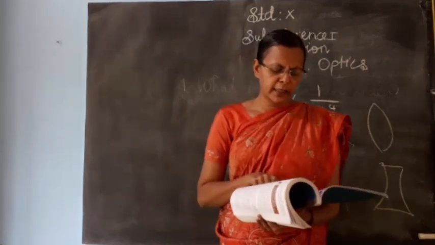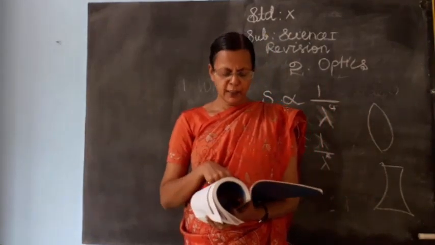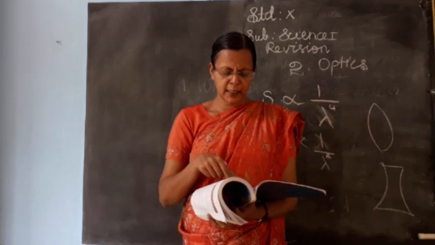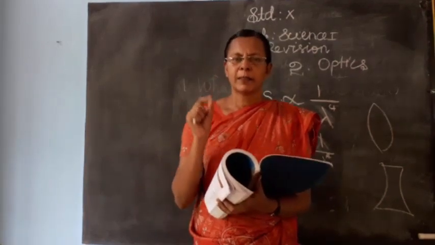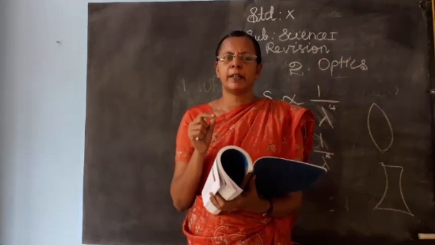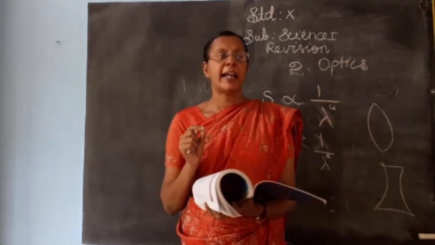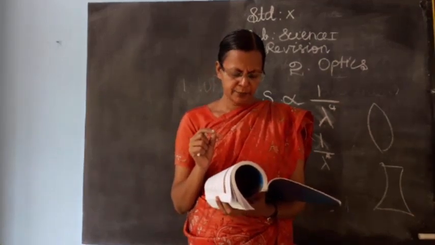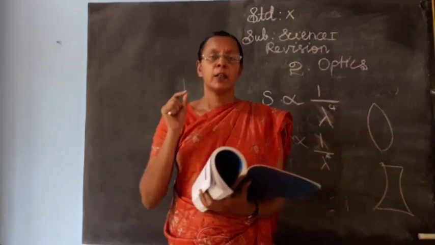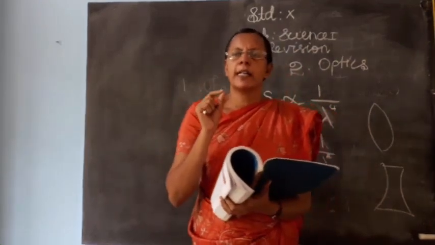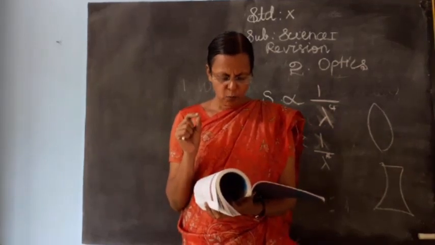Like that, next we have seen already the properties of light. In the properties of light, those points also we can see some important ones. If you have a pencil or pen in hand, you underline the important ones. Okay. The speed of light in vacuum or air is 3 into 10 power 8 m s power minus 1. The unit you have to look at clearly. 3 into 10 power 8 m s power minus 1.